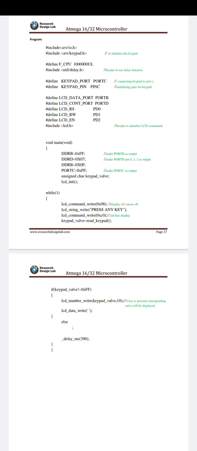LCD command write 0x0C, that is the display on and cursor is off. Then LCD string write, it is press any key. Then LCD command write 0xC0, that is the cursor goes to the second line. Then keypad value is equal to read underscore keypad.